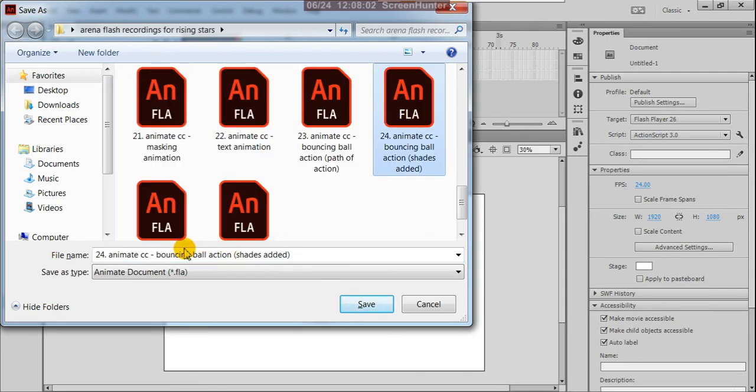This is number wise. It's 25th. Pendulum. End procedure.